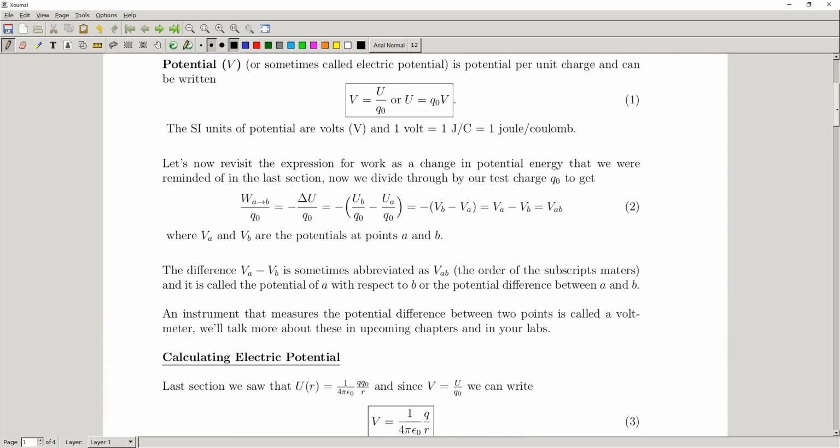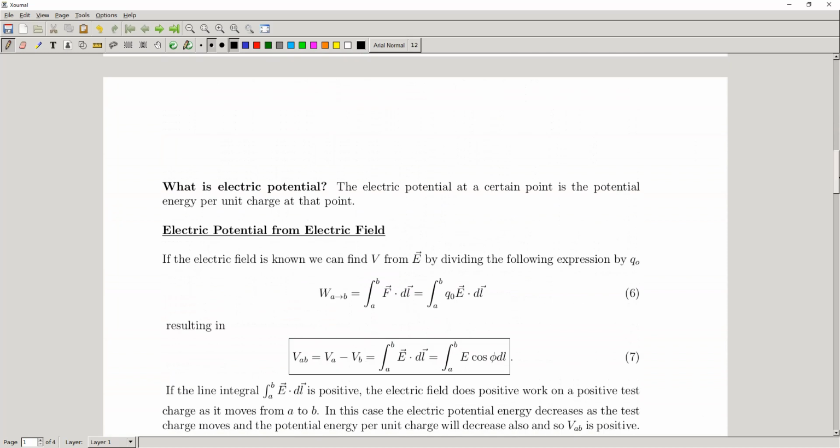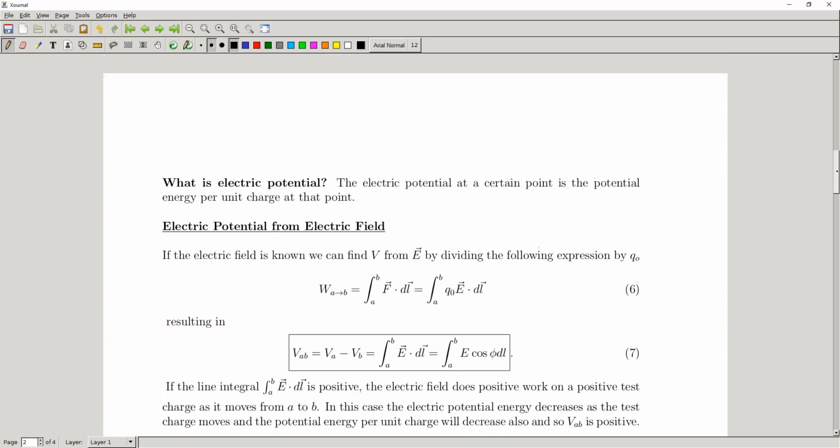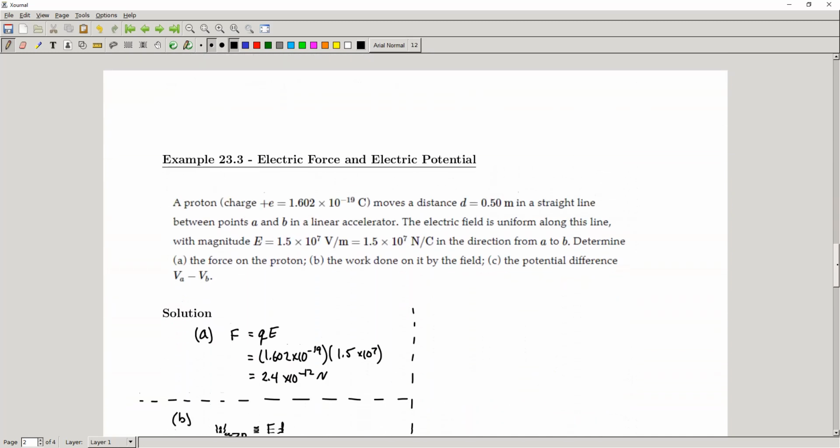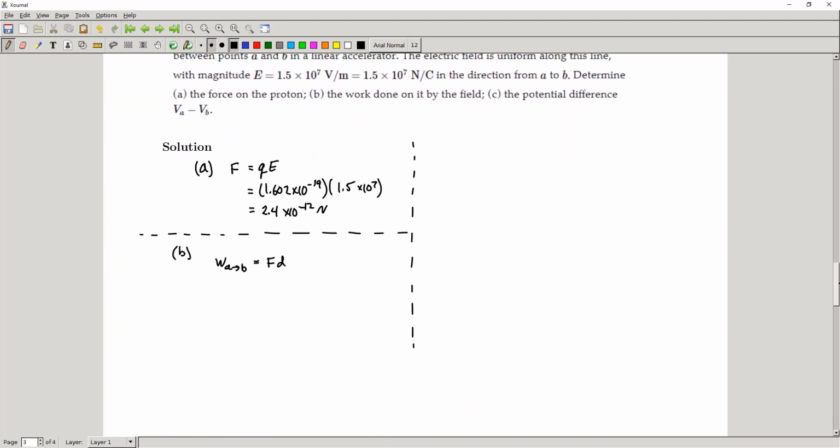Yeah. So we would have had to write it down like this, but we can simplify this dot product because we know that the force and our displacement, the direction in which this thing is going, is going to be the same, so the dot product gets eliminated. We do the integral, right? But the integral of dl from A to B just gives us d back, right? And so we end up with Fd,